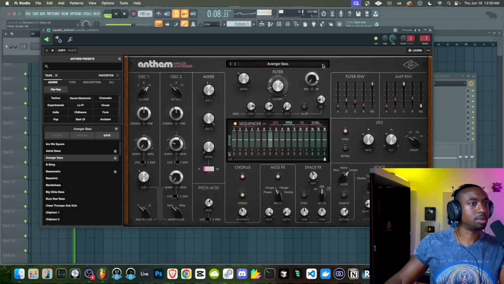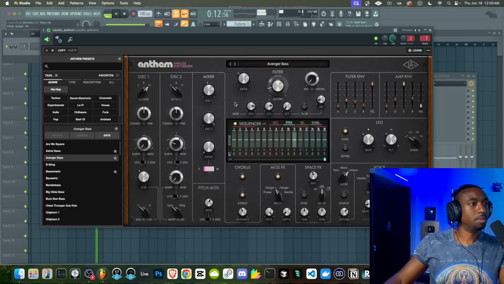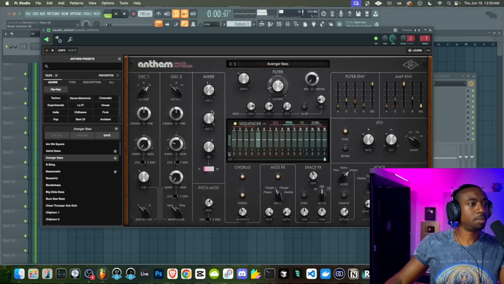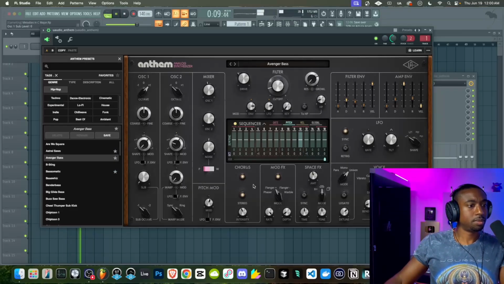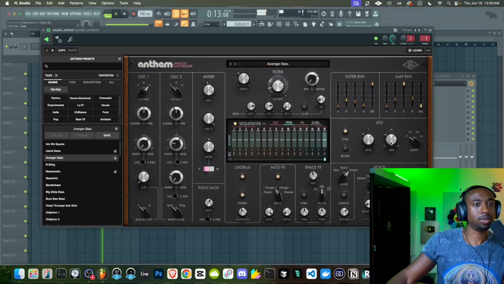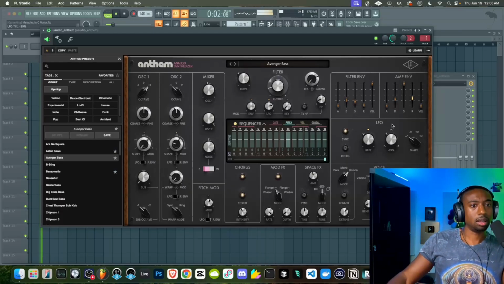Let's see what this growl is. I'm not sure what this is. Is that a little white noise? That Kanye type vibe. So it's a weird sound for sure. Let's swap out the LFO shapes.